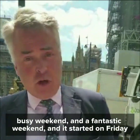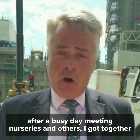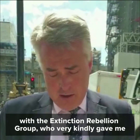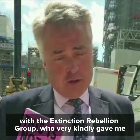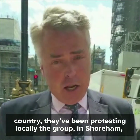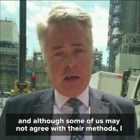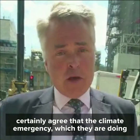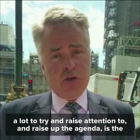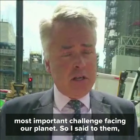Now, I had a really busy weekend and a fantastic weekend, and it started on Friday. After a busy day visiting nurseries and others, I got together with the Extinction Rebellion group, who very kindly gave me this book. They've been protesting up and down the country, and locally, the group in Shoreham. Although some of us may not agree with their methods, I certainly agree that the climate emergency, which they are doing a lot to raise up the agenda, is the most important challenge